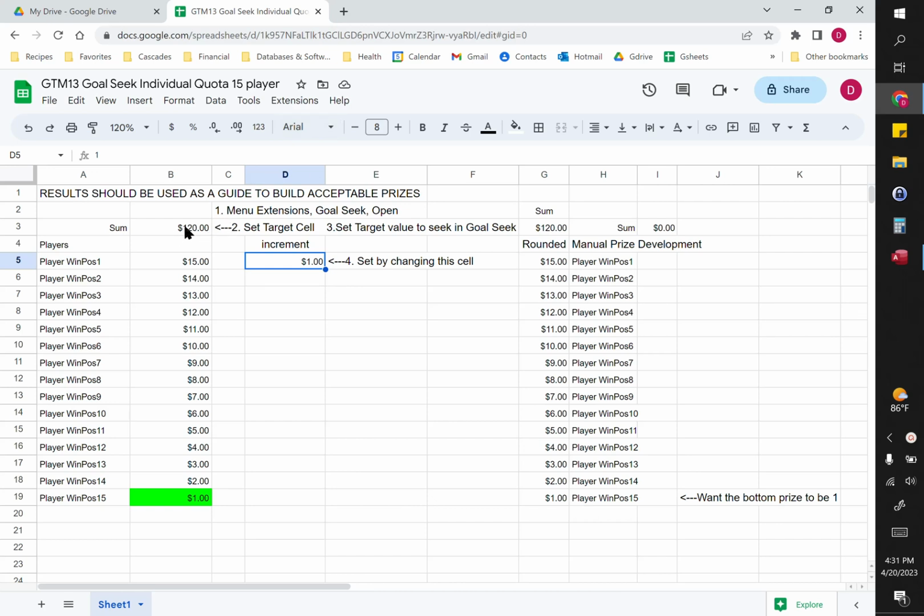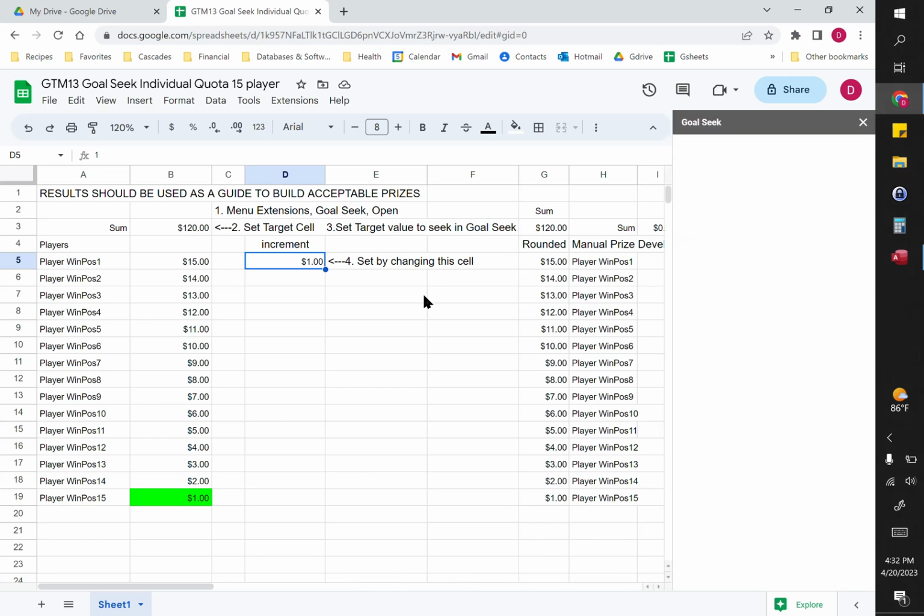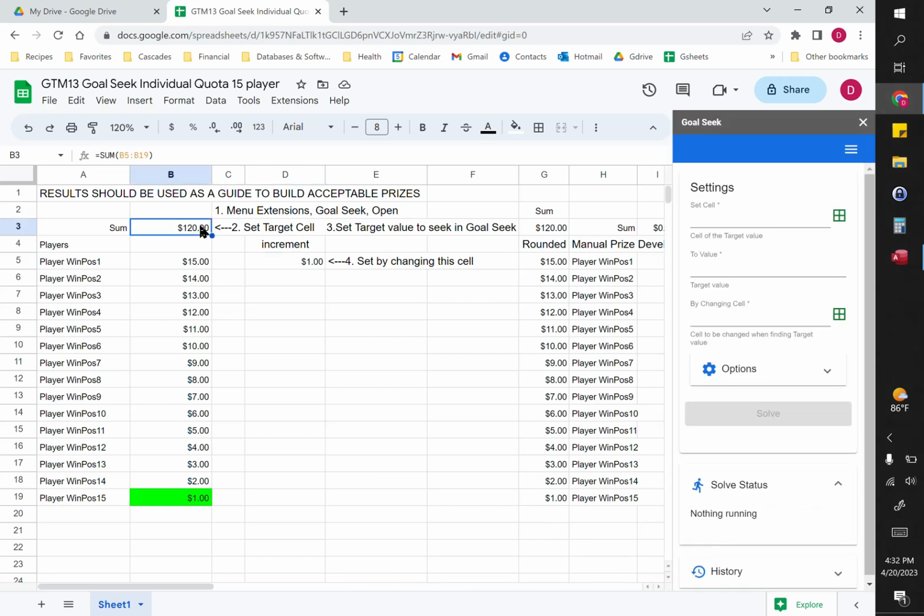We know we want this sum to be $84. So I'll go into extensions. This is Google Sheets I'm using. I'll pick that, which is the cell called the target cell. I want the value to be 84 for that target cell. And this is the cell I want to change and vary, which is the amount of money between each one of these. So I tell it to solve,